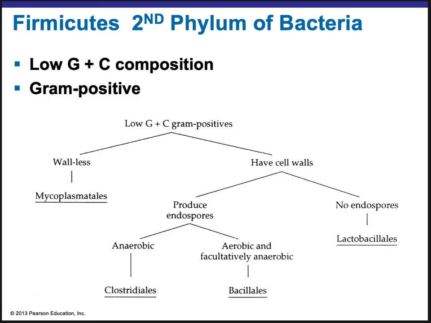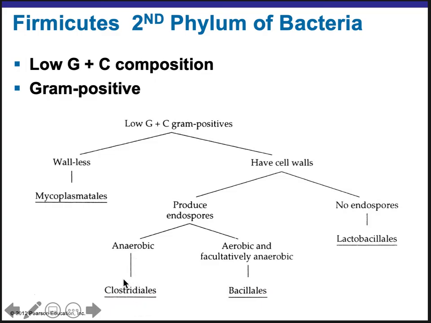Okay. So if it produces endospores, then we want to know what kind of oxygen requirements it has. Is it completely anaerobic, or is it facultatively anaerobic? Or maybe it's actually aerobic. So aerobic, think about aerobic exercise. You're breathing a lot, so you do utilize oxygen. Anaerobic would mean without oxygen. If it's facultative, it means it can do both. It can utilize oxygen when it's available, and it can survive without oxygen when it's not available. Okay.